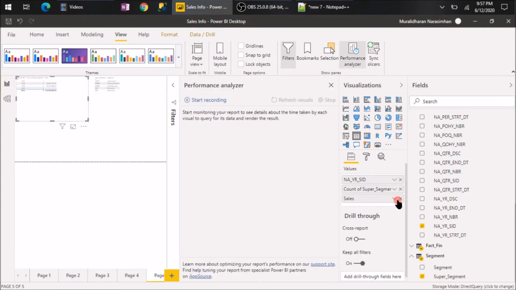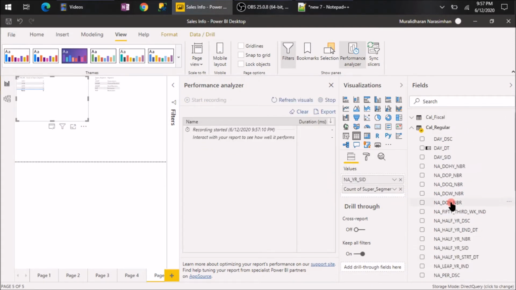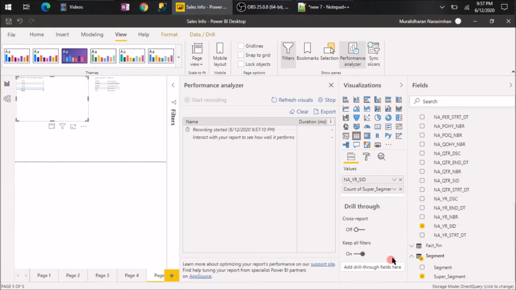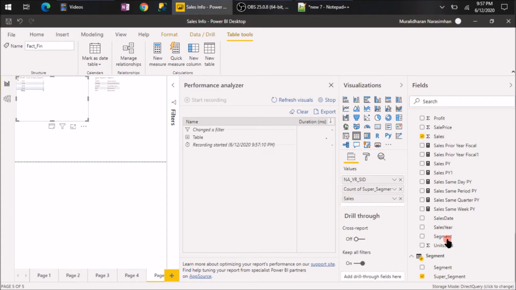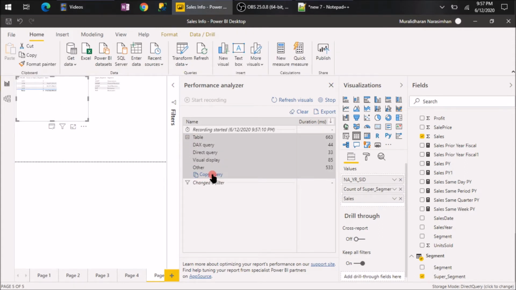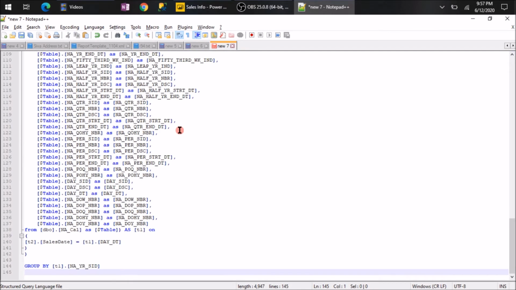Maybe we will remove the sales, start recording, and add the sales back, so that this query runs and we get a query to see what's going on. So I'll add the sales back to this table. We get the same result, and we have the query over here. So let's copy it over here to see what's going on.